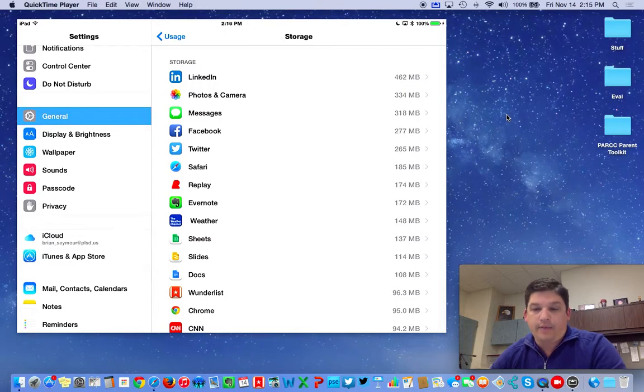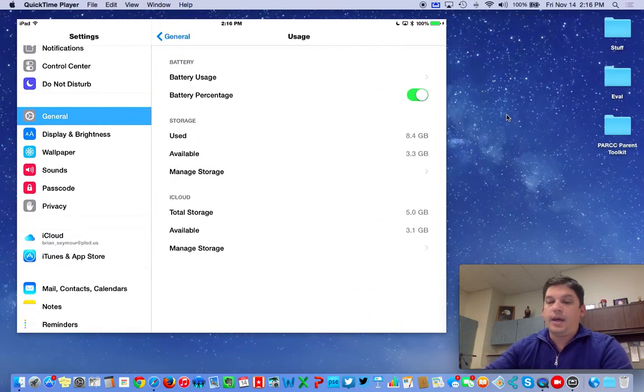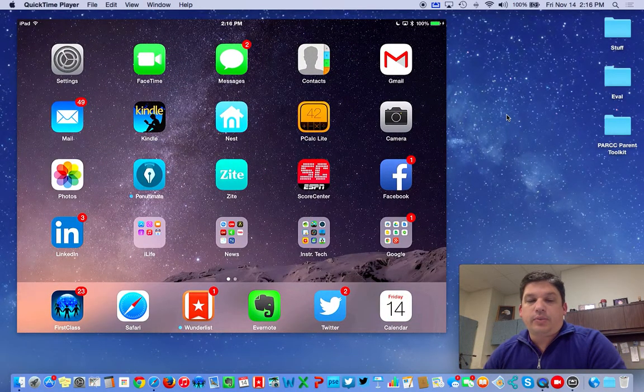Or maybe you have too many pictures. Or maybe inside of your messages you have too many pictures. So this is an easy way to figure out where some things are at and some things are moving around. Okay. The next thing I want to do is show you some really cool tricks in Safari